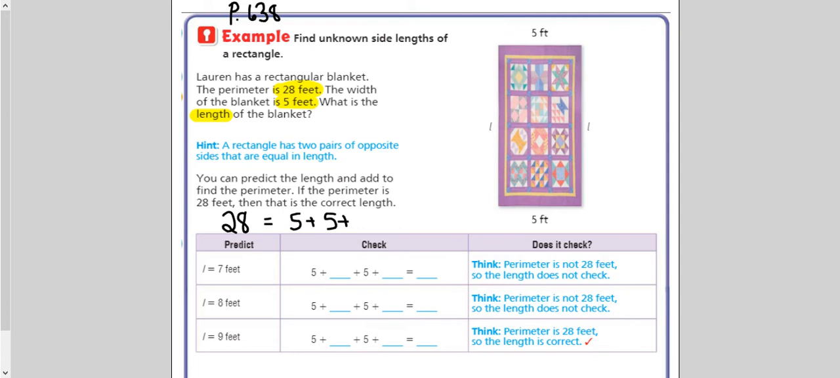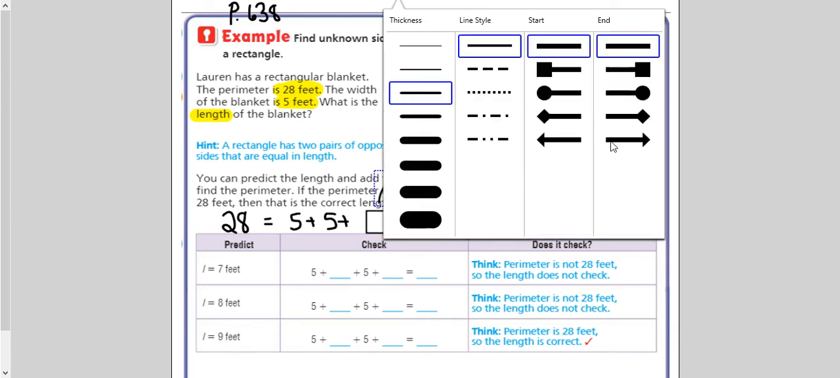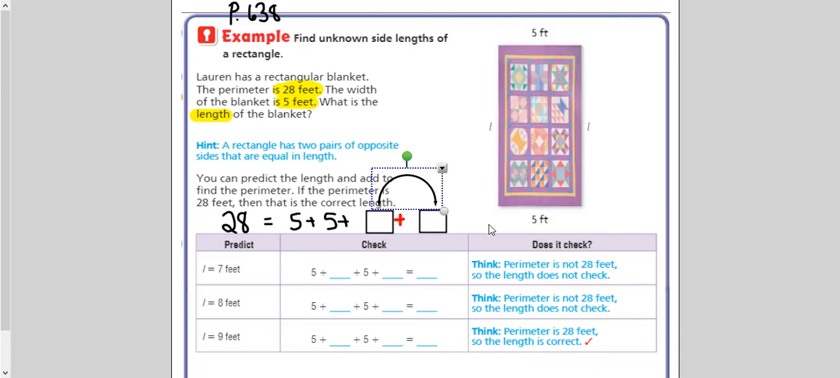Let's go ahead and do something a little bit different here. Let's get a box right there, with another one right here. So 5 plus two numbers, and we don't know what those numbers are. We don't know what they are, but we know that they have to be the same. So, how do we do that? Well,